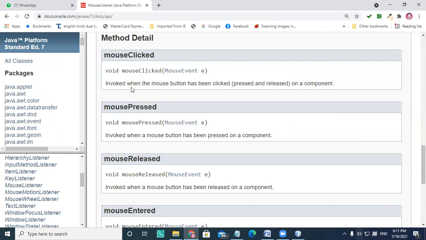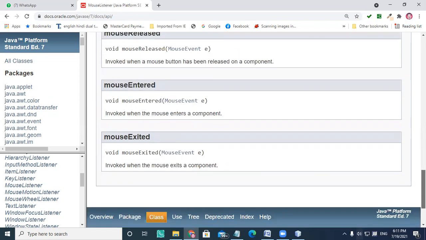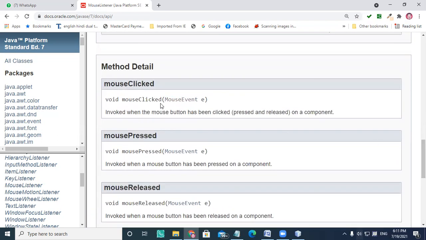So whenever people are clicking, what I should do, that I will write inside this body. When I'm pressing, meaning I'm not releasing my mouse button, I'm just holding my left button without releasing, then this event is known as mouse press.